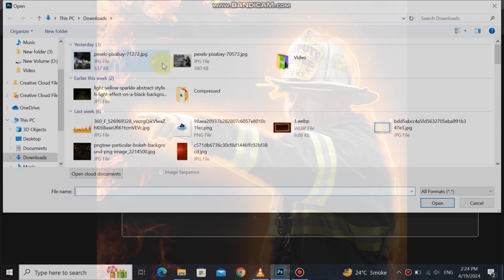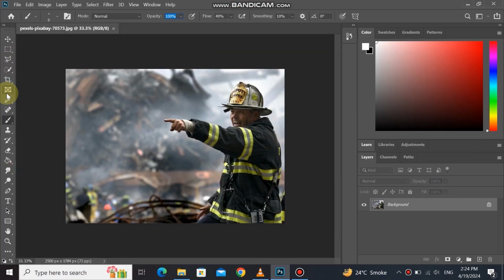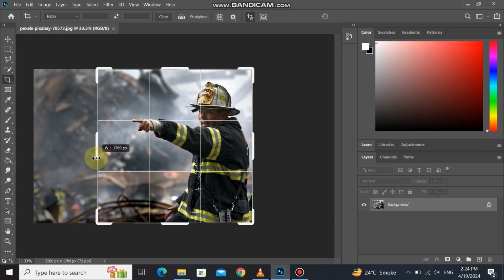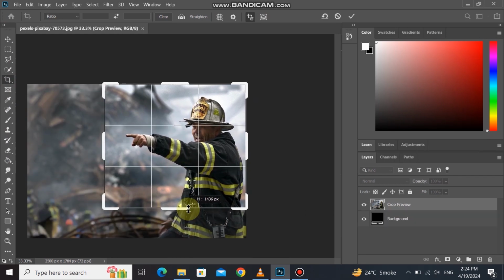Let's get started. You can download this image from Pexels.com for free. So first of all, crop your image as you want,